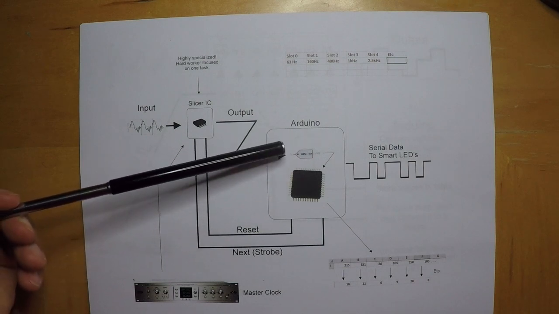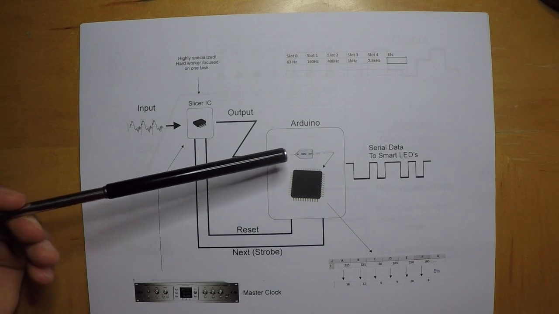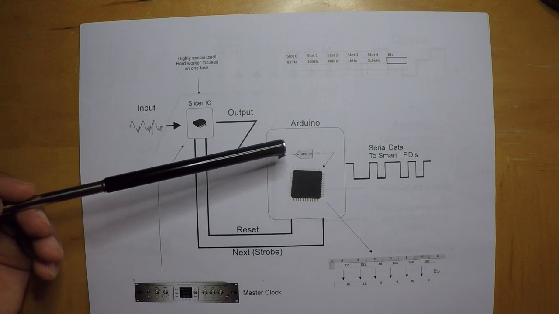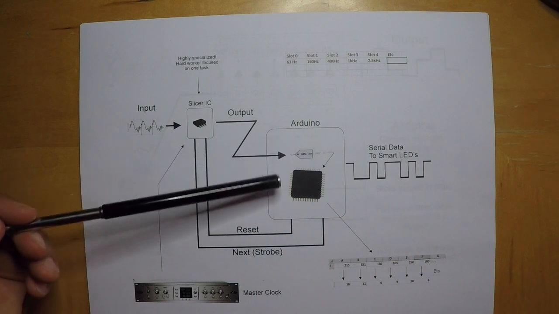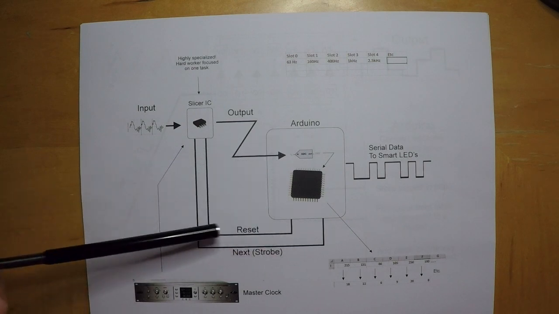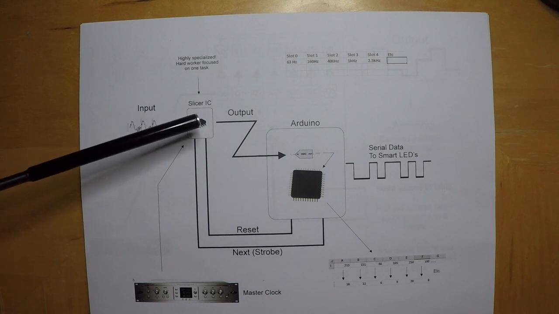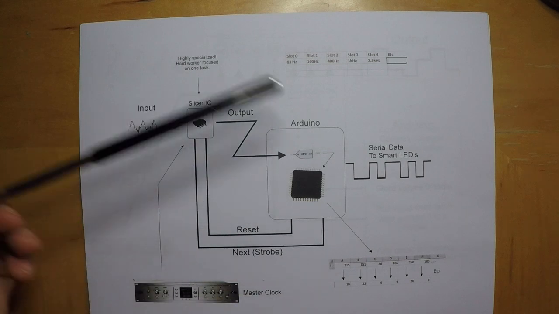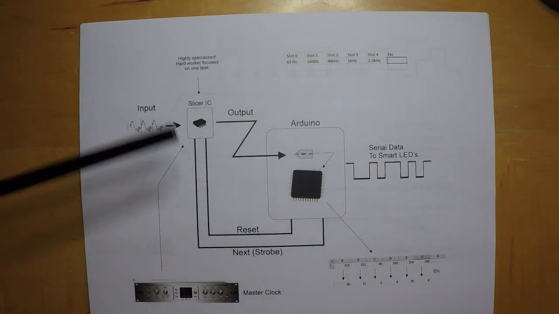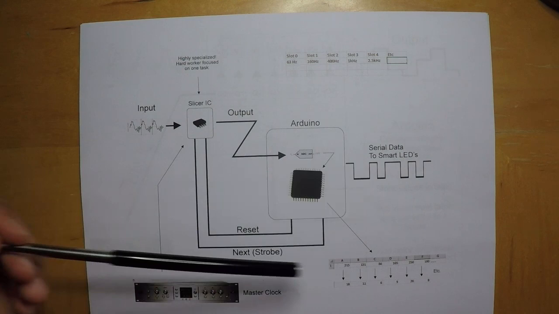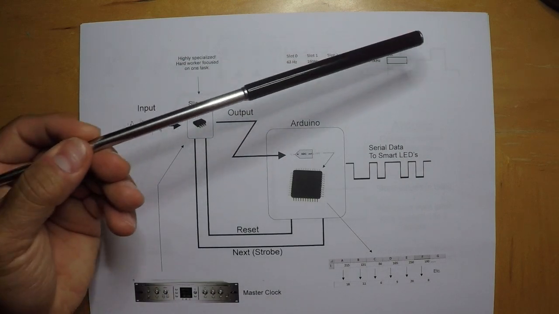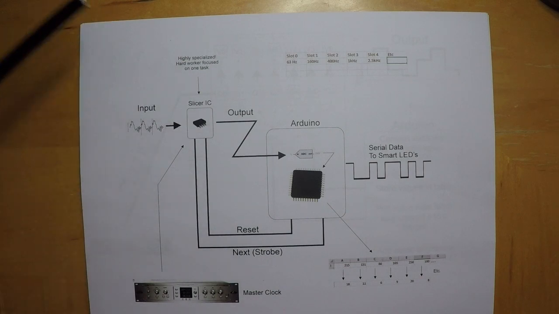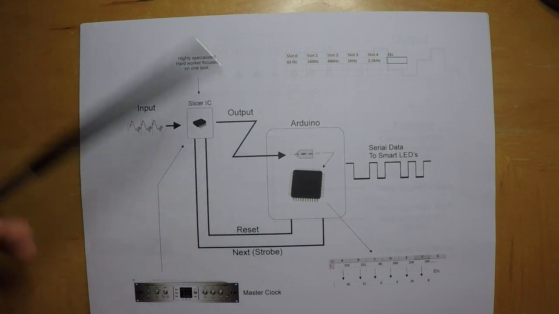And it recognizes that and says, oh, the slicer IC is at slot 6. That's its last possible slot. Let me send a reset pulse. And it'll send out a reset pulse to the slicer IC. The slicer IC will then return back to slot 0 and perform the whole thing over and over again. This loop of starting at slot 0 and going to slot 6 happens hundreds of thousands of times a second. I mean, it's lightning fast.